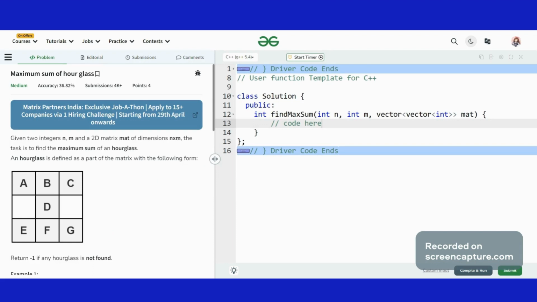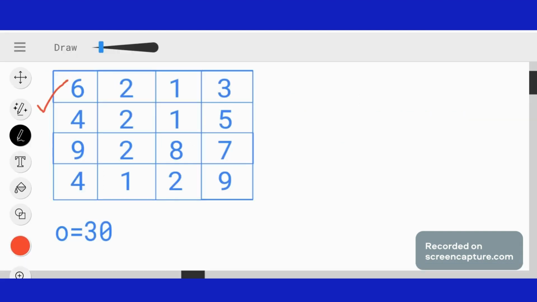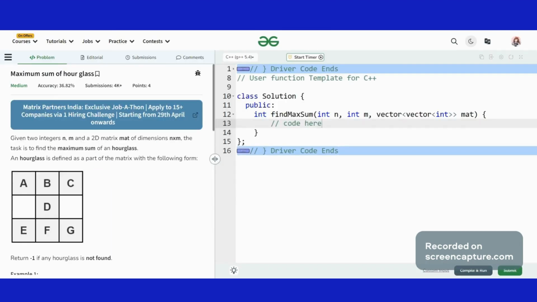Before starting to solve this problem, let's observe something. Can we say that the top three elements present in our matrix are the part of our hourglass? So 6, 2, 1 are the part of our hourglass. Can we say that? Yes, we can. Now, let's observe again. Can we say that the middlemost element is also the part of our hourglass?